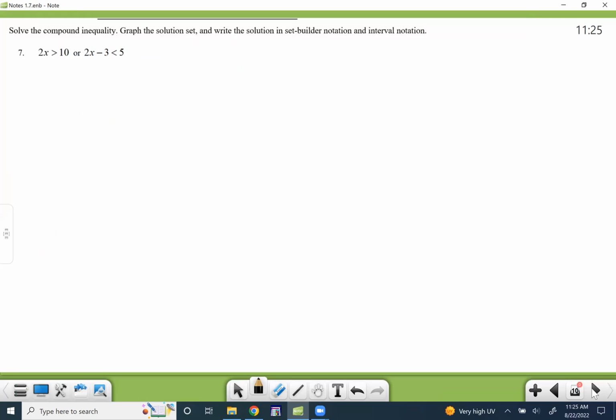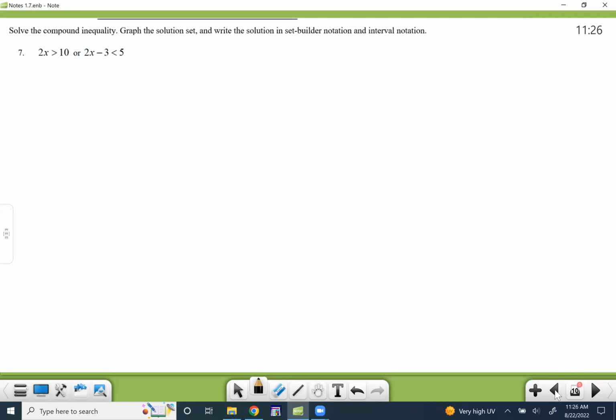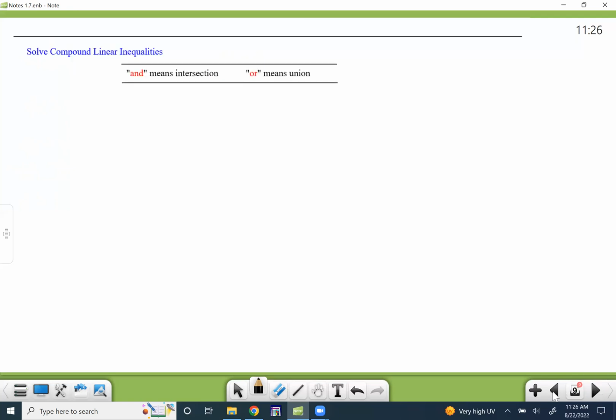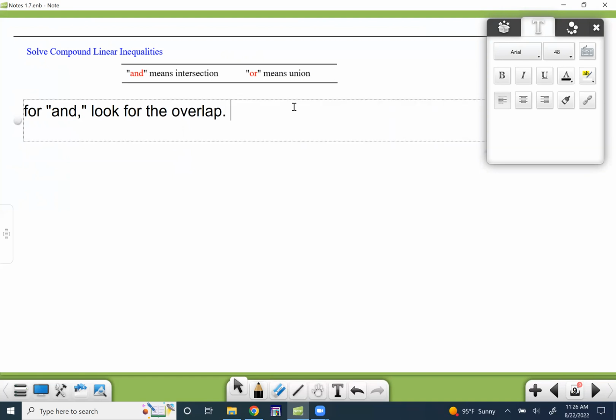Okay, so, let me see what I need to say here about that, you guys. Okay. So for "and," you're looking for the overlap, okay? For "and," look for the overlap. For "or," you're going to take it all. What I mean by that